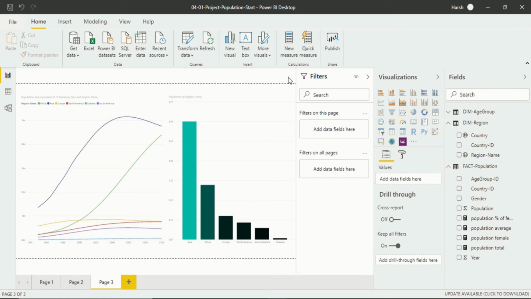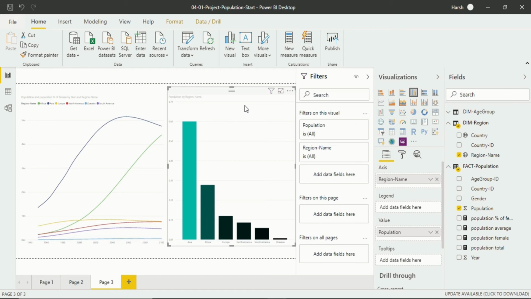Now we are in Power BI Desktop in the data model interface, specifically in Report View, because you can see a visualization here and visualizations can only be seen in Report View. Let's get back to the question of the video about hierarchies and why we need them. First I will tell you why we need it, then I will tell you how to use hierarchies.